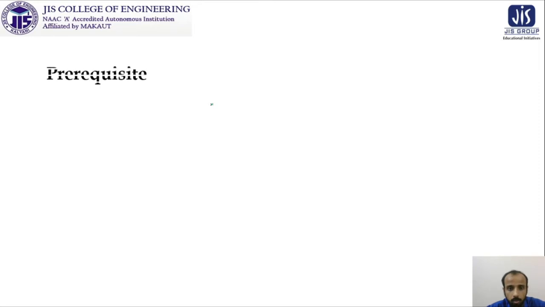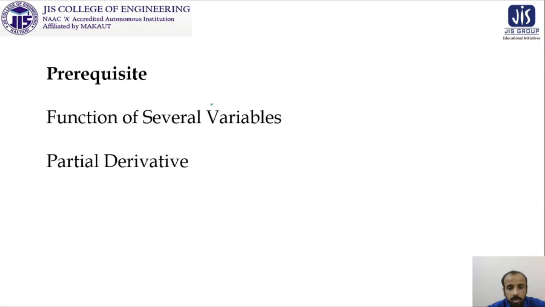But before that, we do have some prerequisites for the discussion of this topic. As Jacobian comes under the discussion of function of several variables, this will be our most important prerequisite. Along with that, when we construct the Jacobian, it completely depends on the partial derivatives. The partial differentiation depends on the variables, and it will vary with the number of variables present in those several variable functions.